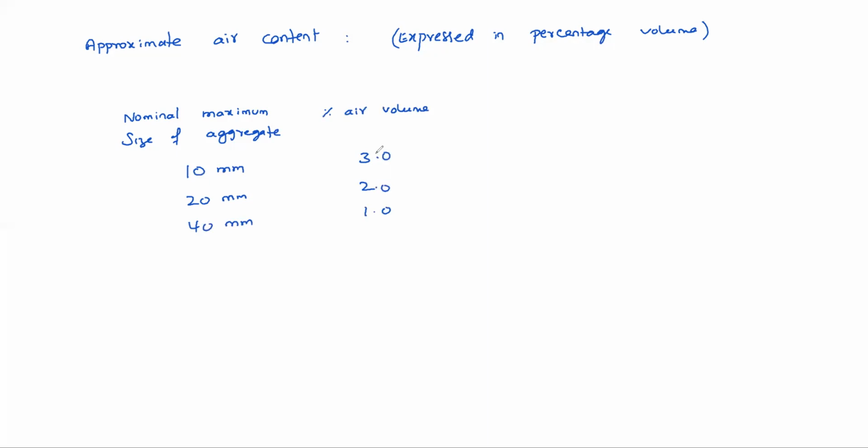Suppose purposefully you may need some more air content sometimes, based on requirement. Suppose the concrete is laid in a cold region where temperature variations are much more. Then obviously freezing and thawing will be there, so it is actually better to have more air voids. That's why you can have whatever air content you want. After fixing this air content, now you can fix the coarse aggregate and fine aggregate percentages.